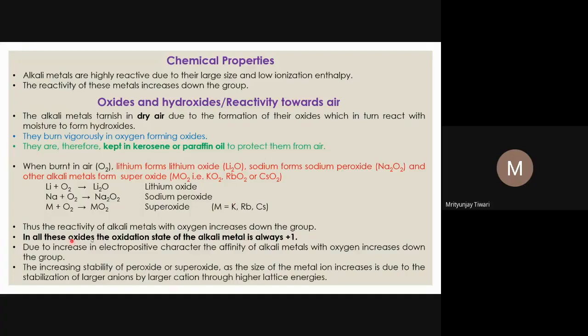But if the metal is very electropositive, its electropositive character is very high, so it can even force the oxygen molecule to accept electrons. This is because of the very high electropositive character from potassium to cesium, and we see they form superoxides. A similar thing you can see for the peroxide as well. Sodium has a very strong tendency to give its electrons, so it forms peroxide. And lithium forms oxide, because there you see the complete breaking of the O-O bond.